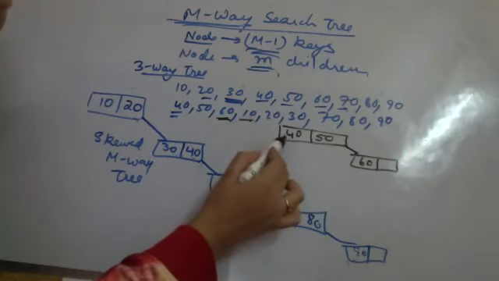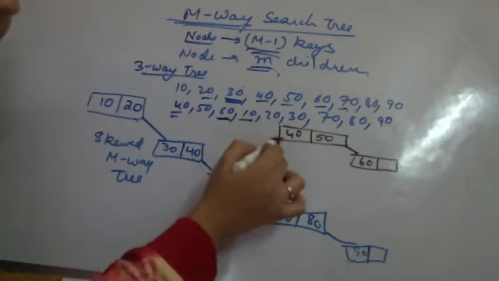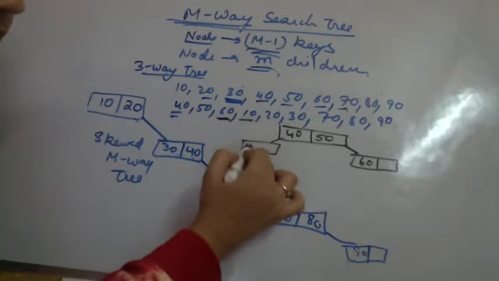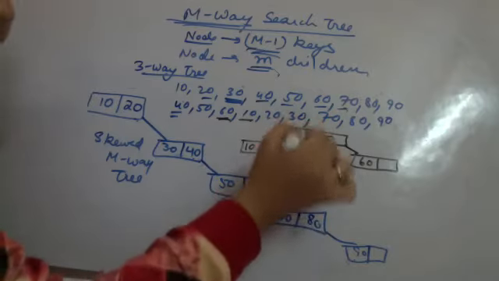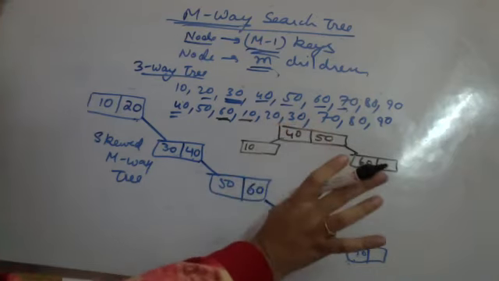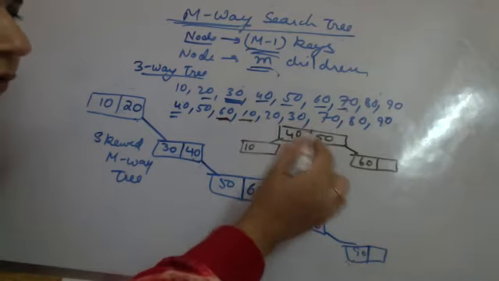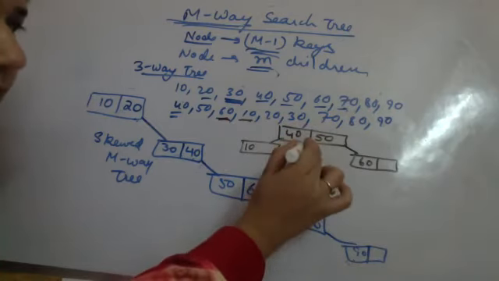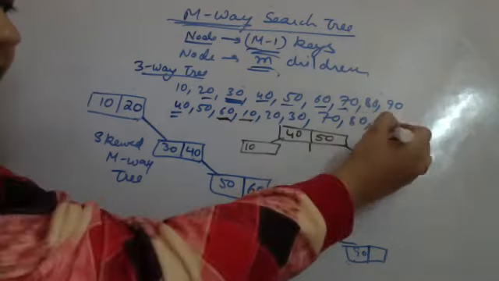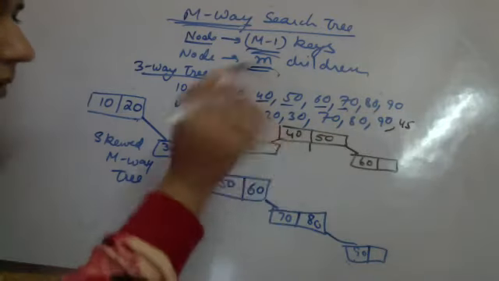Insert 10, 10 is less than 40, but there is no space here, so a new node will be created on the left of 40. There can still be children here, please understand. A third child is also possible, it is a three-way tree. Although I do not have any key between 40 and 50. If there were one, there would have been a third child. Like if I have a key like 45 here, then I will be having that.